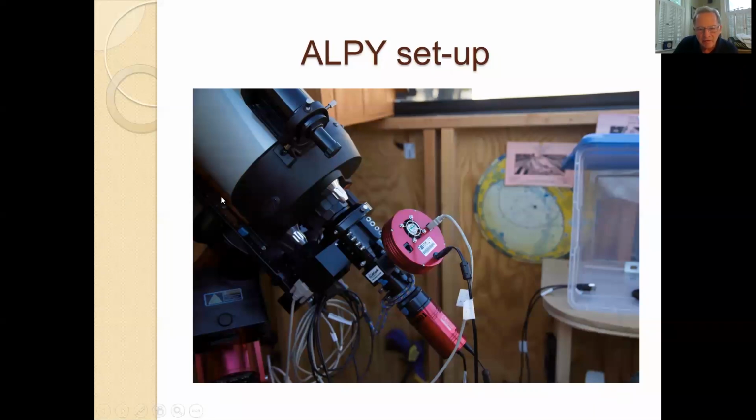So on the back of the telescope, I attached a focal reducer, and that actually sits inside an electric focuser. So the purpose here is when I do focus with the telescope knobs, I get a very, very basic focus, and then I lock down my mirrors so that when I'm moving the telescope, there won't be any mirror flop. Then I can control the focus through